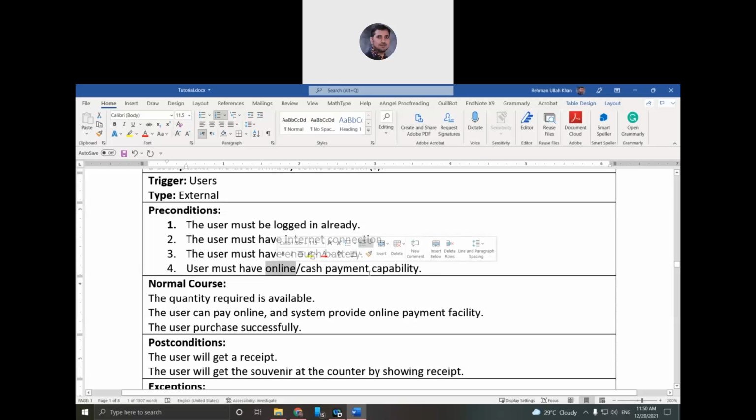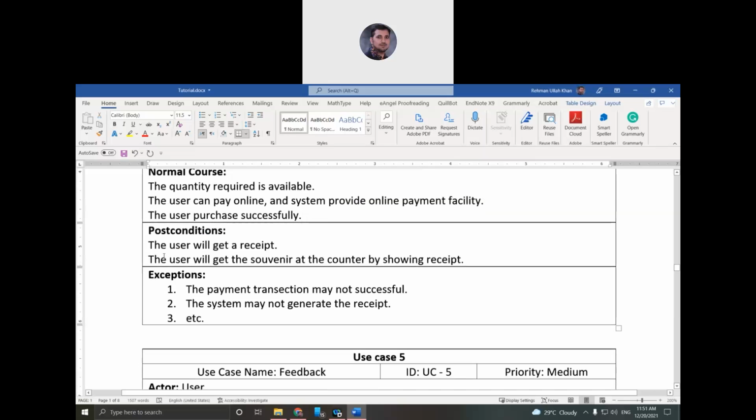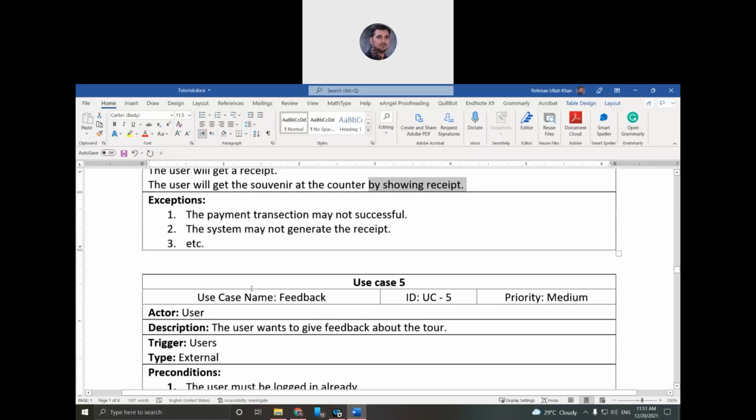So normal course, if everything goes well: the quantity the user wants to buy is available, the user can pay online, and the system provides an online payment facility. If all these things go well, then the purchase will be successful. Post condition: the user will get a receipt after this process, and the user will get the souvenir at the counter by showing the receipt.